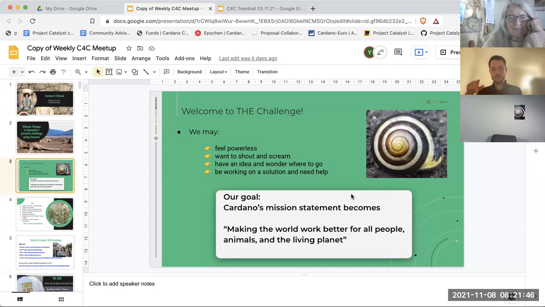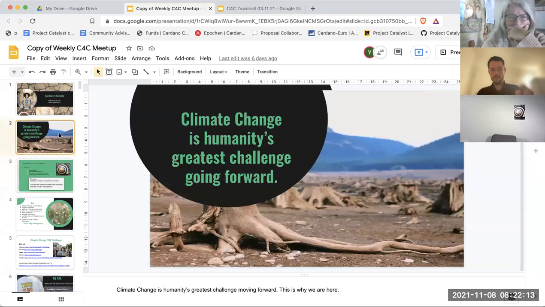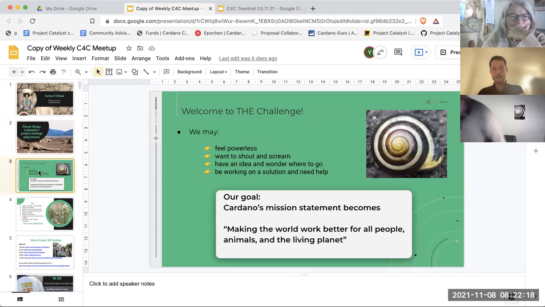Okay, just to recap, I'm just now explaining how we could present the challenge team, or the community of Cardano4Climate, on Wednesday, which is November the 10th. The idea is basically to start with the problem, the climate change crisis, the sustainability crisis. We already have a slide here, which we could reuse or use something similar. Then, in the next slide, I think this one we should change,